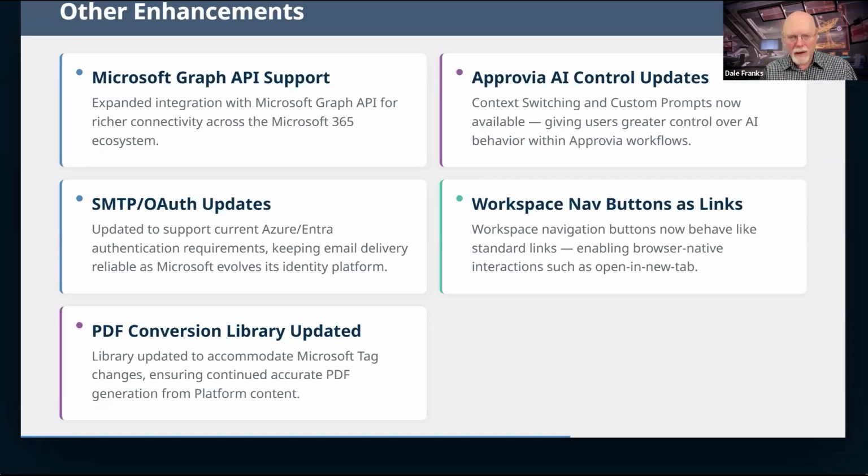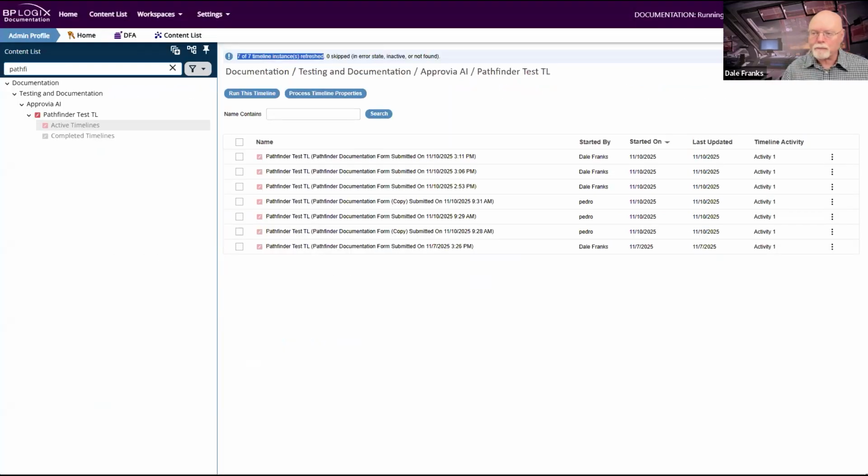And the other thing that they have done is they've really started to push people even away from Microsoft Modern Authentication, at least its first iteration, for email, and they're pushing everybody into Microsoft Graph API. So the SMTP OAuth updates are for other issues for getting into Azure and Entra and their authentication requirements. So we've had to change those, but over and above that, we've had to include support for the Microsoft Graph API. So here's what we have done.